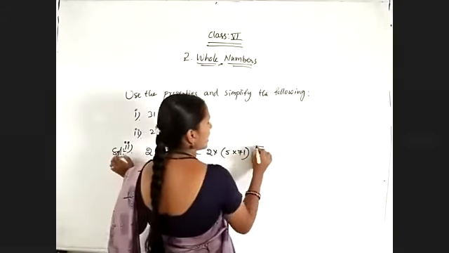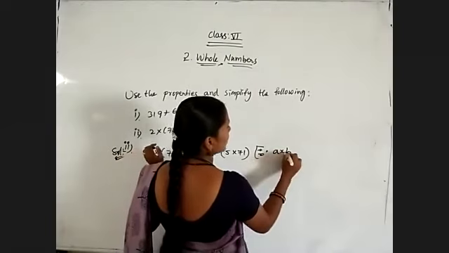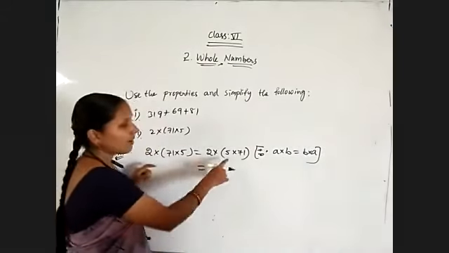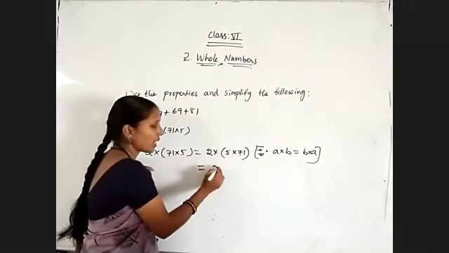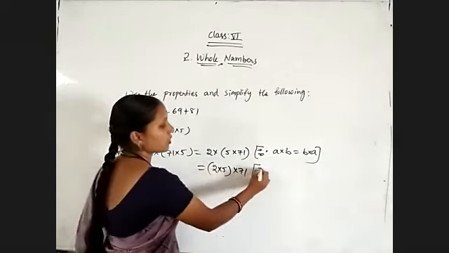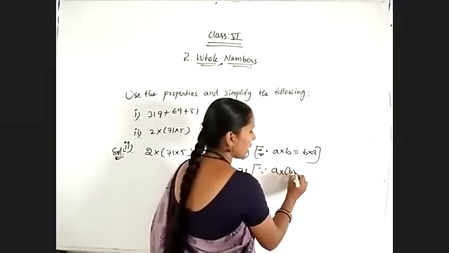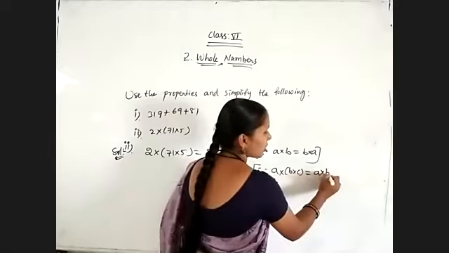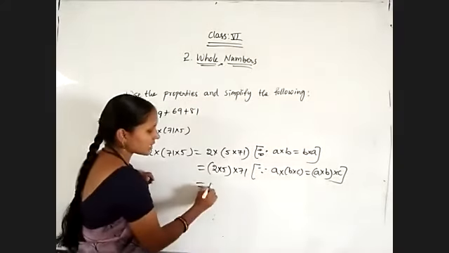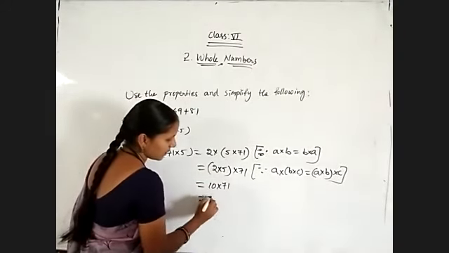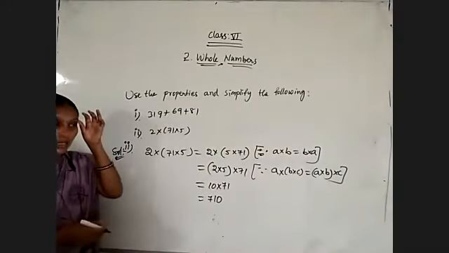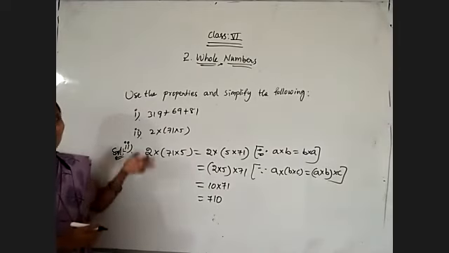So here inside the bracket, A into B is equal to B into A. So it is equal to 2 into (5 into 75), with 5 and 75 in the bracket. This is by using the commutative property, and the associative property A into B into C. So which is equal to 500 into 700. That's all. Very simple questions, very simple problems. Like this, we need to simplify.